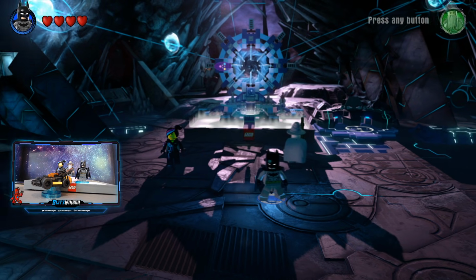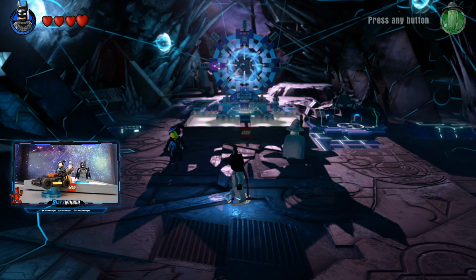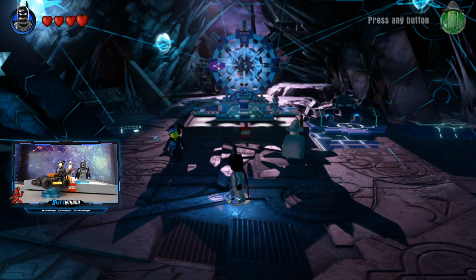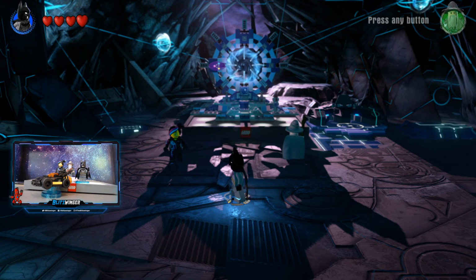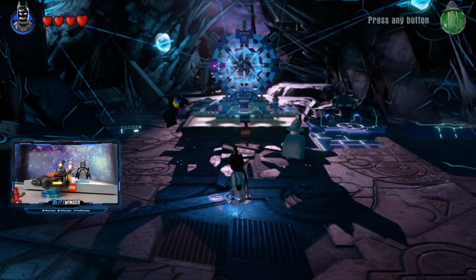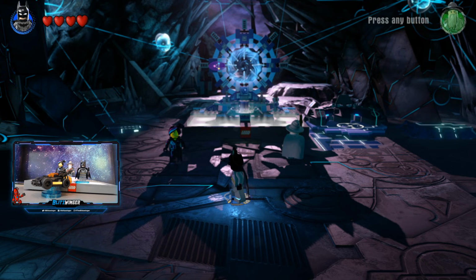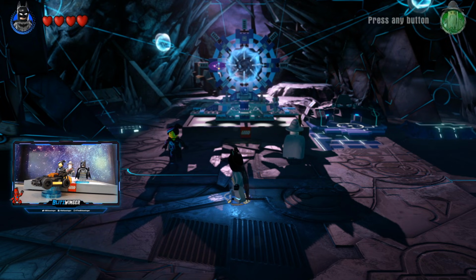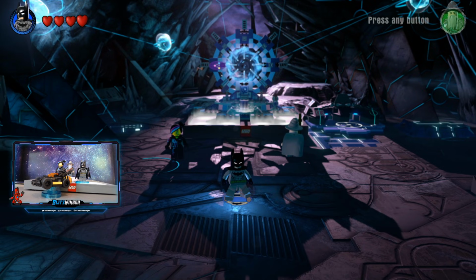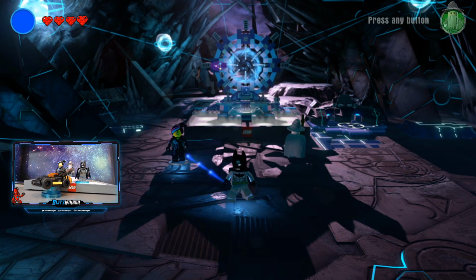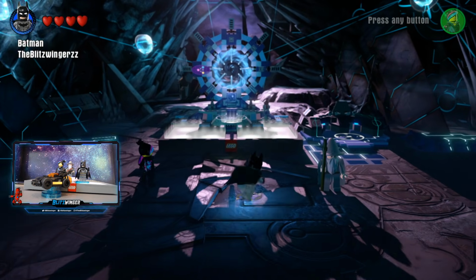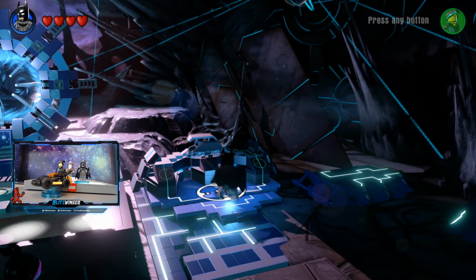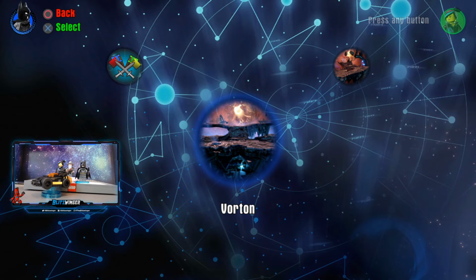So, with all that in mind, we wrapped up on a bit of a cliffhanger, as we found out that there is this new villainous force that has been kidnapping all these different characters from the different universes, including the LEGO Movie universe, the LEGO Batman universe, and of course, without exception, the LEGO Lord of the Rings universe. And so let's see what awaits us next as we head to the Vortron